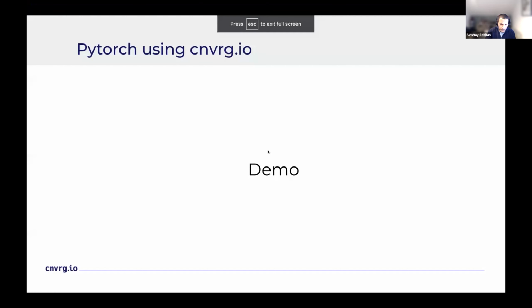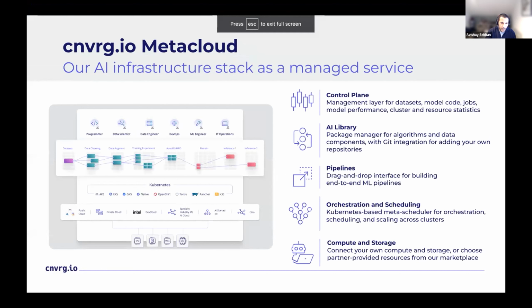All right, just in summary, if you are a data scientist who wants to leverage the power of Kubernetes but lacks the experience to do so, Converge is a great solution that can help you accelerate your machine learning project and achieve better results. So I invite you to join us and see for yourself what MetaCloud is all about, which is our SaaS version. It's a great opportunity for anyone interested in building and deploying AI applications. Users can start exploring the platform and building their own AI projects without upfront cost or commitment.